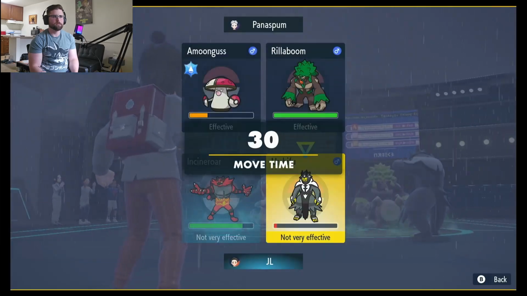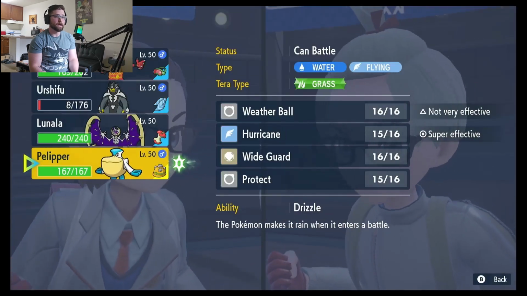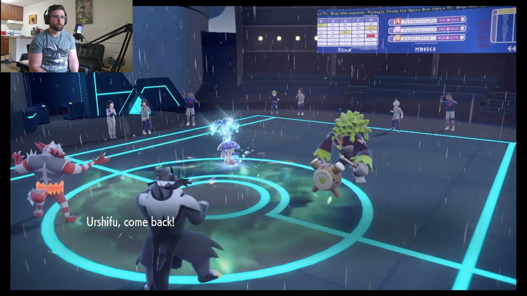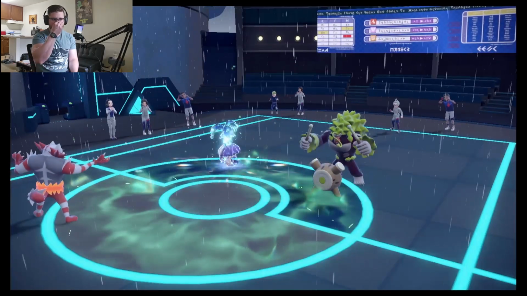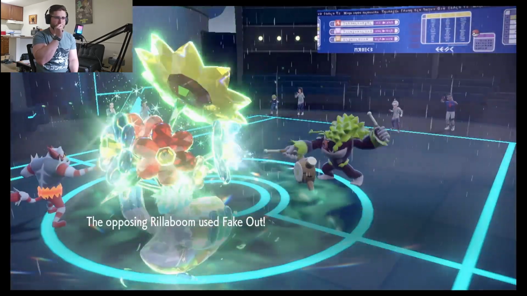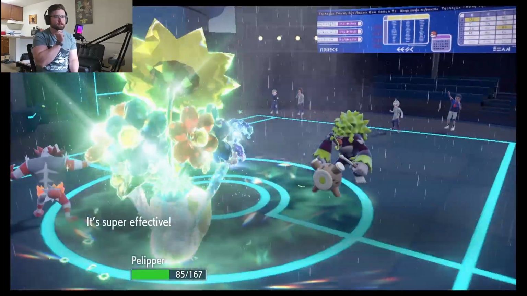I'm actually kind of happy to knock off Rillaboom and swap back into Pelipper. They could, I mean, there's no reason to keep Urshifu on the field. There's the Fake Out. That's what I anticipated, but that's fine. And that's fine. But now I